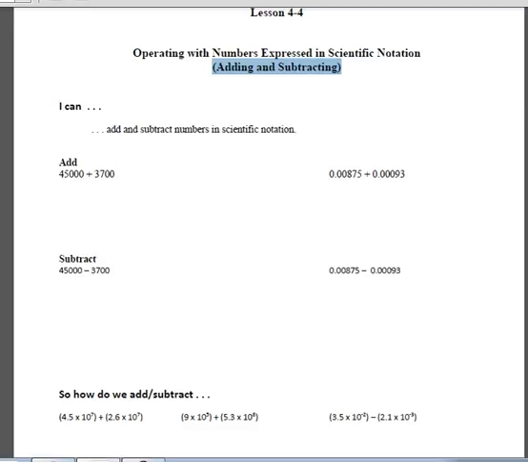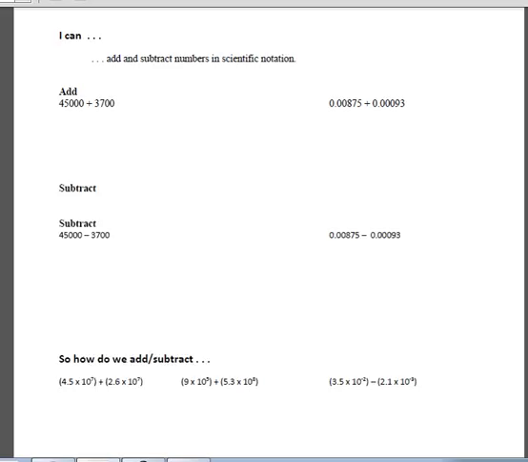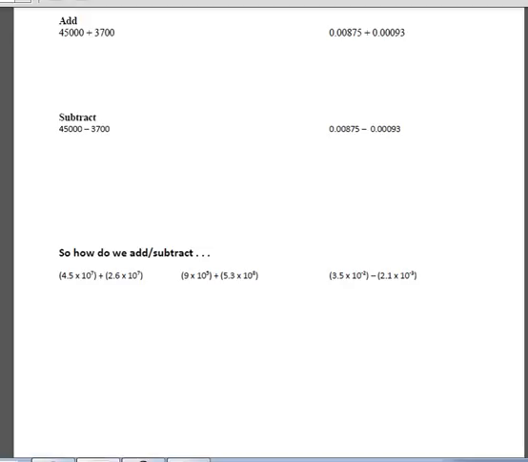Let's take a quick look at the lesson target. I can add and subtract numbers in scientific notation. Now, this is actually not very true. We will not really be adding these in scientific notation. We're going to add them in standard form and then convert them to scientific notation. So the first thing I want to do is take a look at some examples of addition